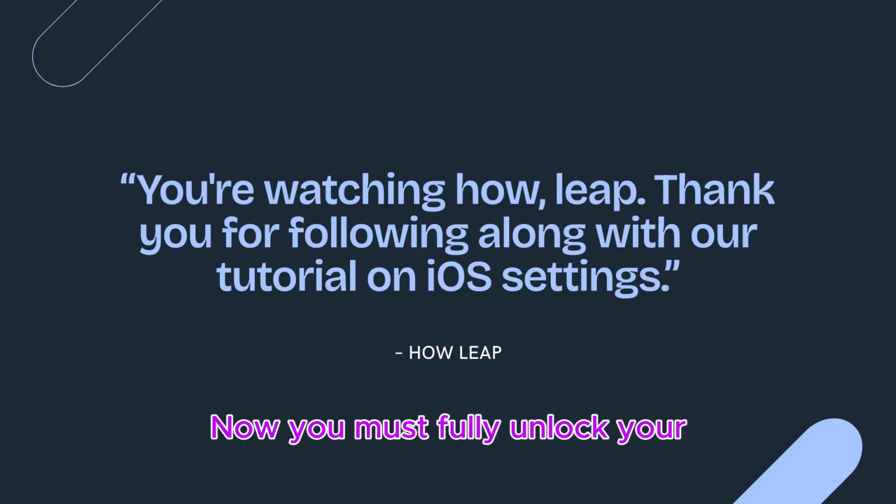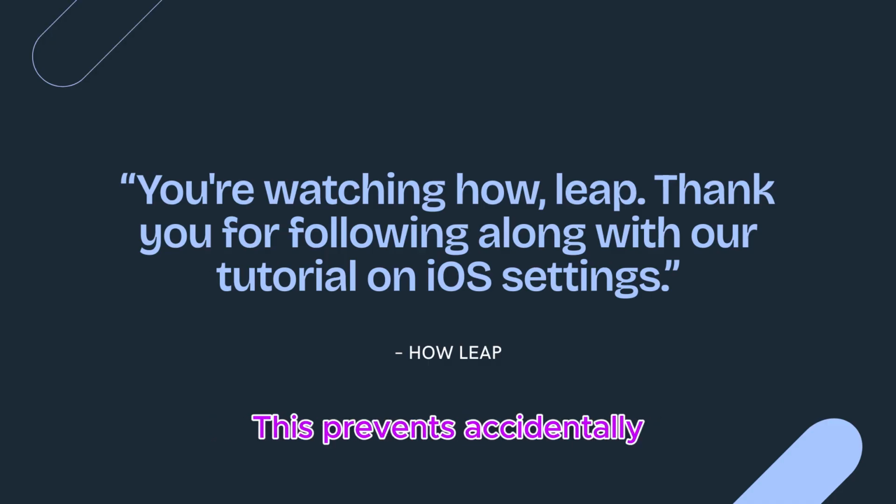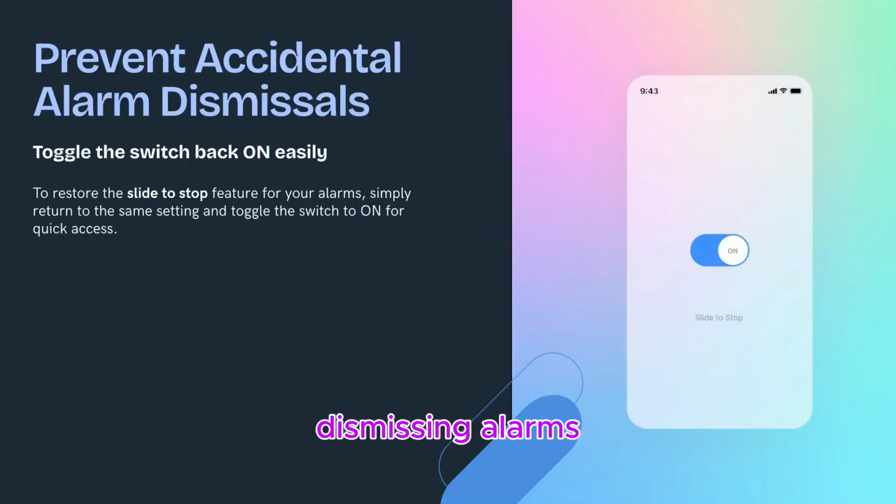Now you must fully unlock your phone to stop an alarm. This prevents accidentally dismissing alarms. To turn it back on, return to the same setting and